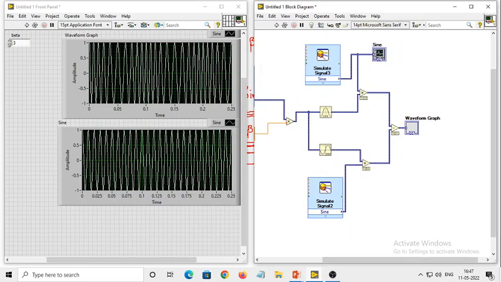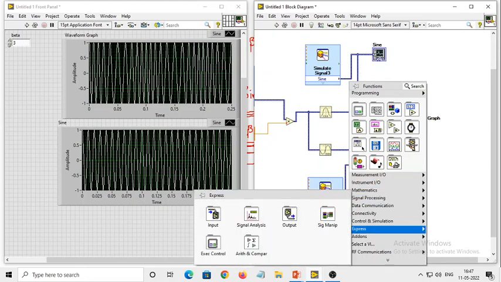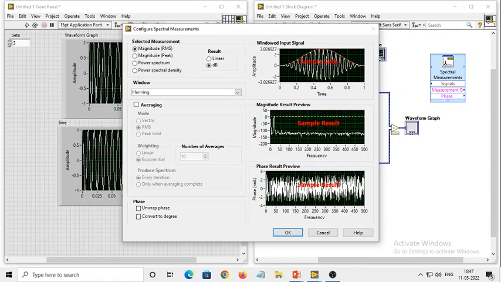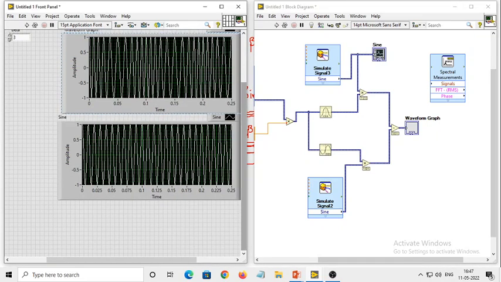now we will also try to plot the spectrum of this modulated signal. For that you need to right click, go to express, signal analysis, spectrum. So we will be basically interested in the spectrum of the modulated signal rather than the message signal. Some of the students are basically plotting the message signal spectrum. It is not wrong, but we are not interested in visualizing the spectrum of the message signal. So we are basically focusing on plotting the spectrum of the modulated signal. For that you need to give the modulated signal as an input, and the output you need to see from FFT